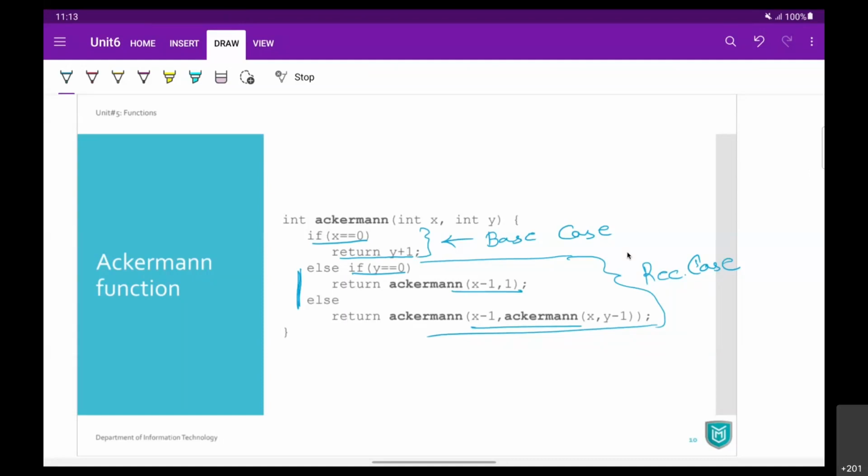Right? So to implement those two different recursive cases, we have to go for an else if ladder here. So, if, else if, else. And that's the Ackermann function implementation using recursion.